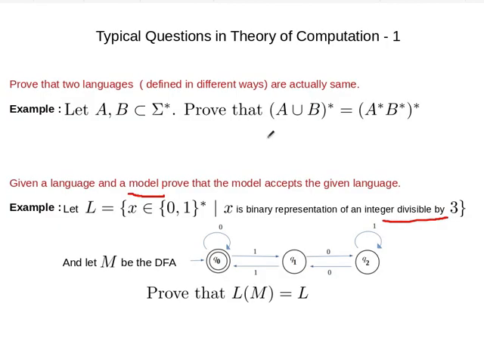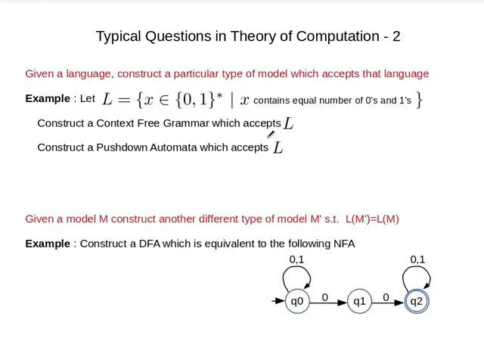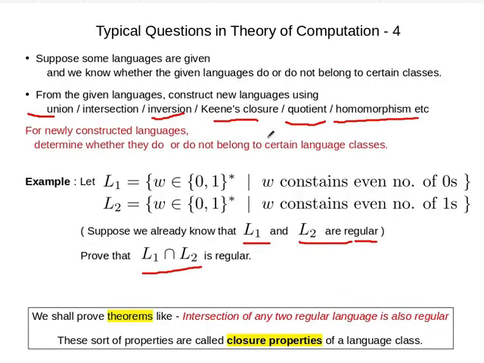And to do this, we will go through all these kinds of small issues, but these closure properties are very helpful in identifying whether a certain language belongs to a class or doesn't belong to a class. You can guess, these sort of theorems for general statements are very useful in putting some language in some classes.